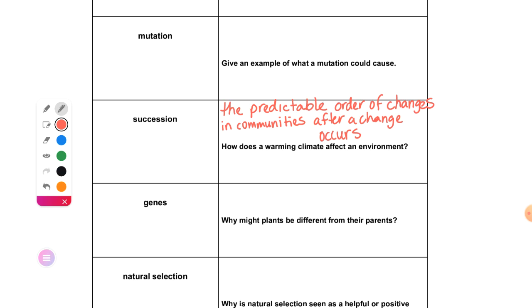Okay, if it's too warm, we're not saying we're going to light a match to it. Let's just say the climate's getting hotter than usual. How may that affect the plants and the animals in that environment? Jackson? They could dry up. Okay, if they don't get enough water, they could potentially die.